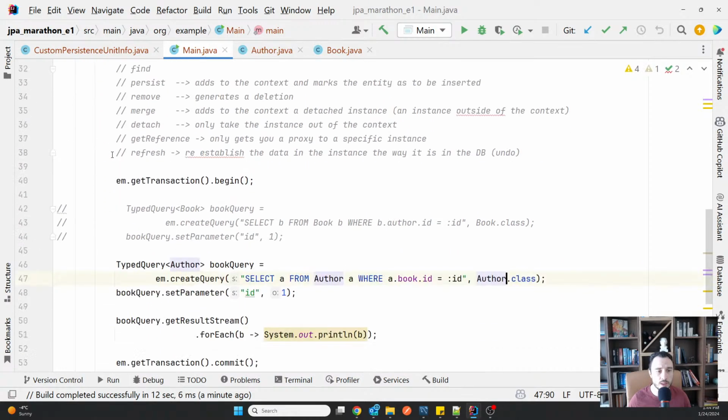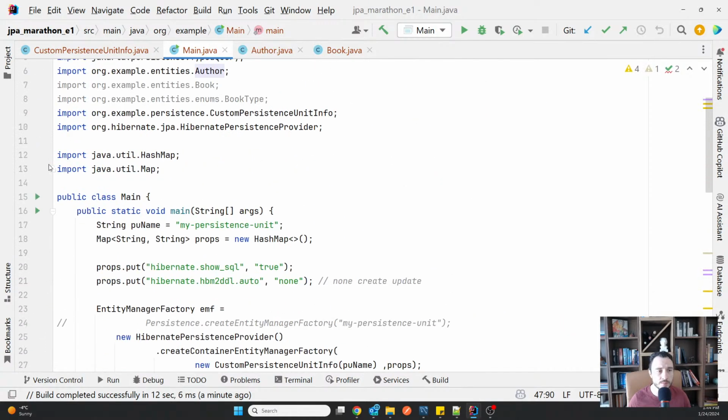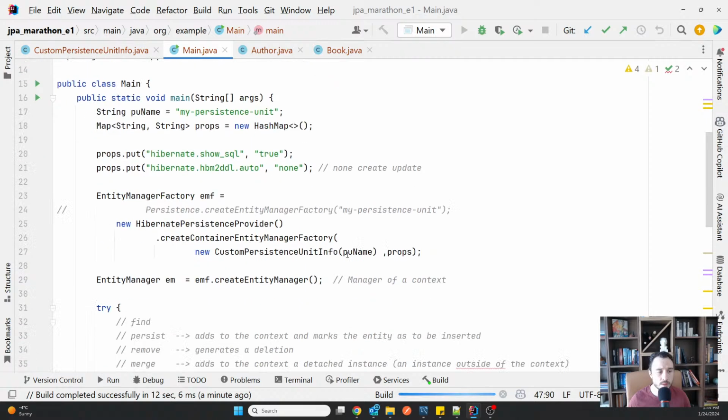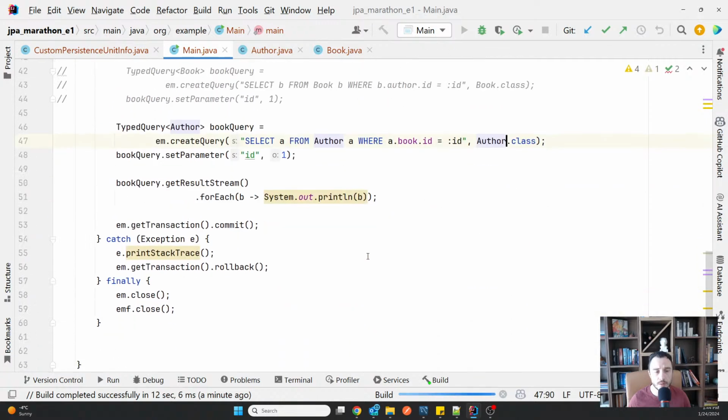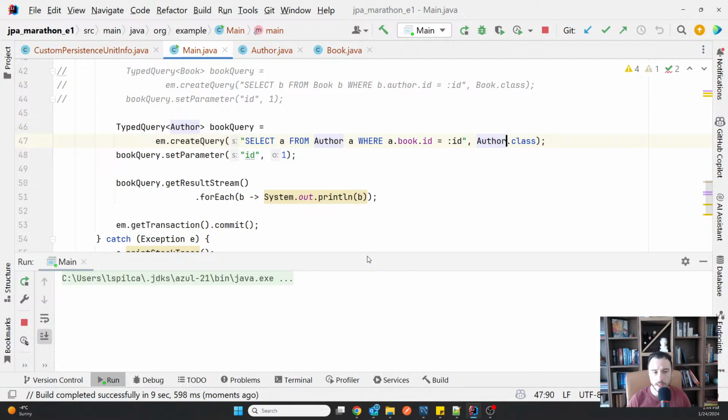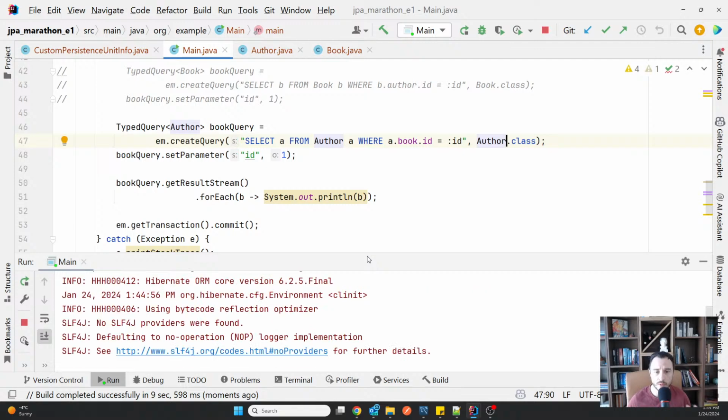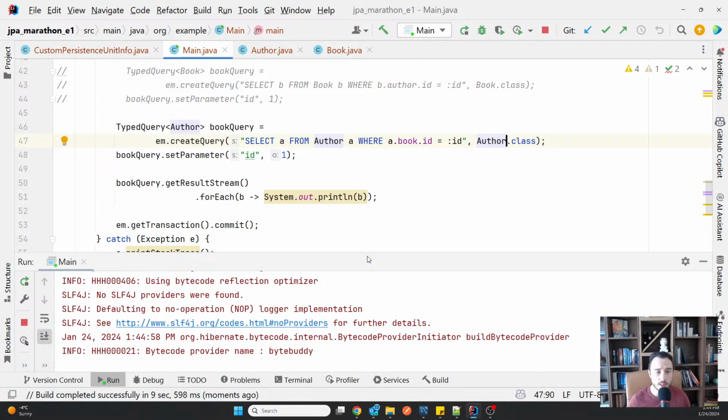And now if I run it, normally I should end up with a Stack Overflow error, which is very common, and it happens because now I refer from one to another, so there will be no end.